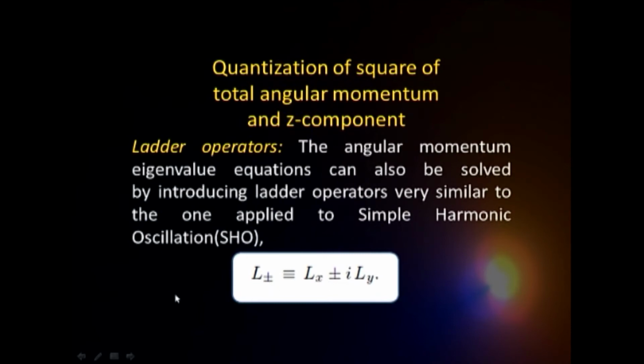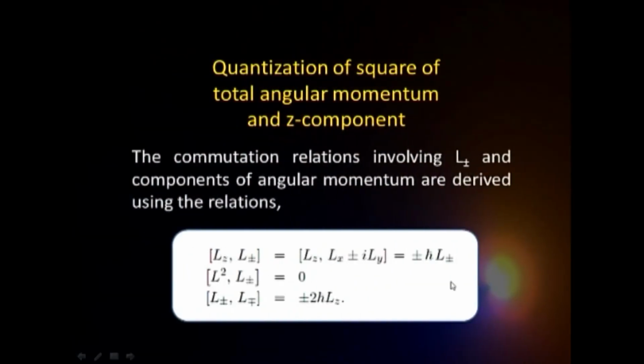It is an operator which can be operated on another operator, and depending upon whether it is a rising or lowering operator, it can change the value of the given operator. So, how are they defined? L plus is Lx plus or minus i Ly, and L minus is Lx minus i Ly. The plus sign represents the rising operator and the minus sign represents the lowering operator, and they can be operated